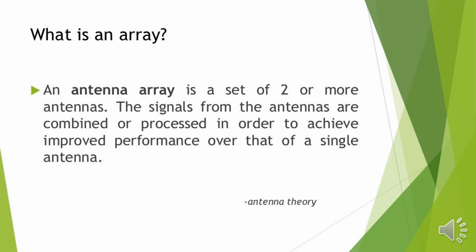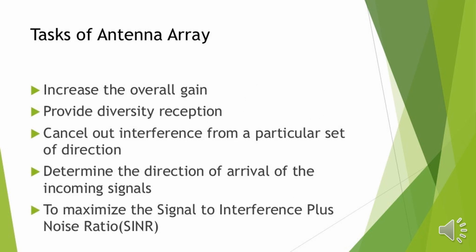So what is an array? An array is a set of two or more antennas. The signals from the antennas are combined or processed in order to achieve improved performance over that of a single antenna. So that is the antenna array. Now the tasks that are performed by an antenna array. First, they will increase the overall gain. Instead of using a single antenna, we will be using n number of antennas connected together to form an antenna array,